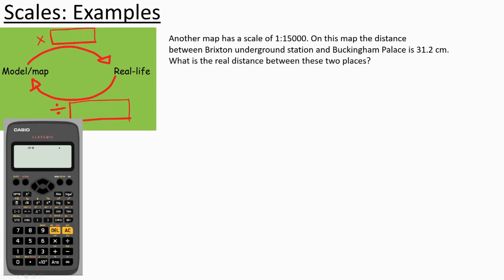On this question, another map has a scale of 1 to 15,000. The distance between Brixton Underground Station and Buckingham Palace is 31.2 centimetres. What is the real distance between the two places? Well, this time I would need to multiply by 15,000, which is going to give me, let's do that, 31.2 times 15,000. That gives me